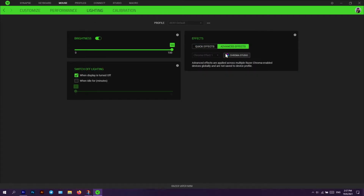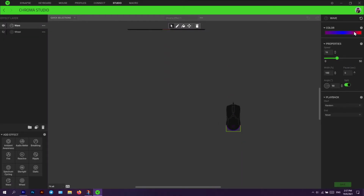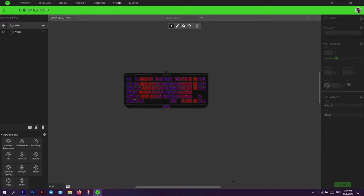Basically, you have a lot of lighting options. I'm not gonna get into that, but you can look it up yourself. There's a lot of different lighting effects. Go figure. There's nothing much to add about it. It's Razer Chroma, one of the best lighting effects on any gaming products. Yeah, it's all cool. Now I can't really say much about my experience with gaming mice before,